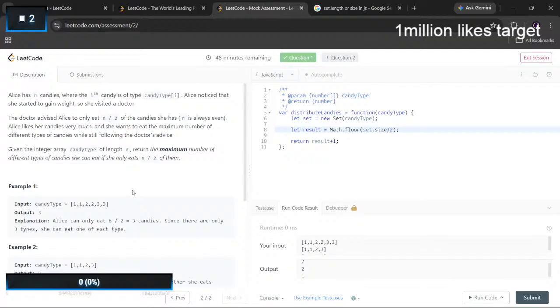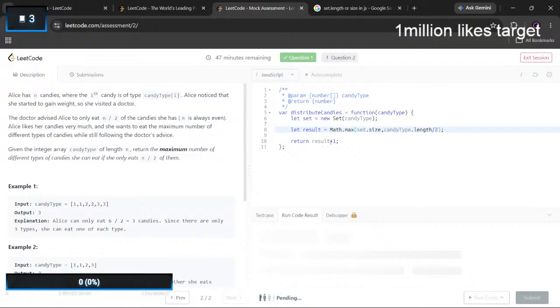डिफरेंट कैंडी मतलब तो सेट यूज करेंगे, डिफरेंट होगा. मैक्सिमम result.